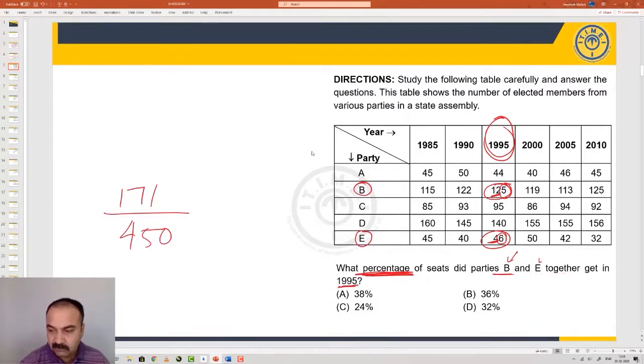Now, with some calculation smartness, we can try and get to a number. We can easily see the three options are 30 something percentage and one option is 20 something percentage. Let's look at what will be 30% of 450. If 171 comes to in the range of 30s, then one of those three is an answer. If 171 comes to only 20s, then only one answer, option C, would end up being correct. So it is in our interest to quickly do this small calculation check so that we do not spend further